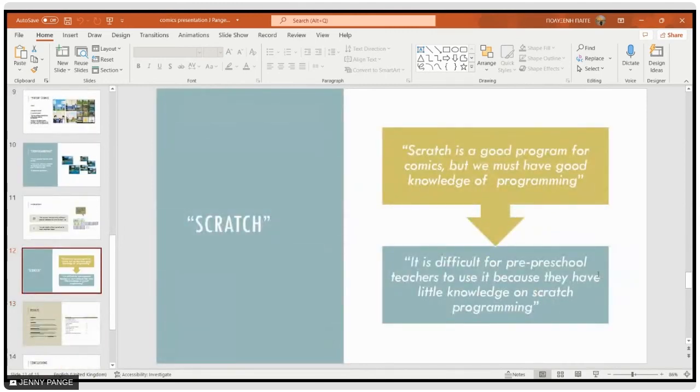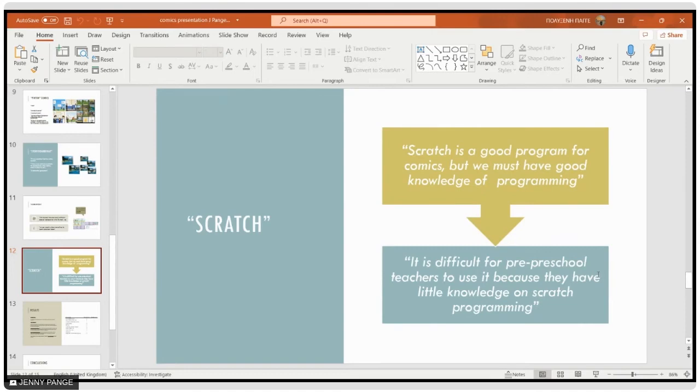Scratch was also a good program for comics, but they said we have to have a very good knowledge of programming. It is good for beginners, but if you want to make an elaborate game and a very good presentation that conveys ideas to children, like how to collect some objects, then share and find the mean, it was quite difficult for them.